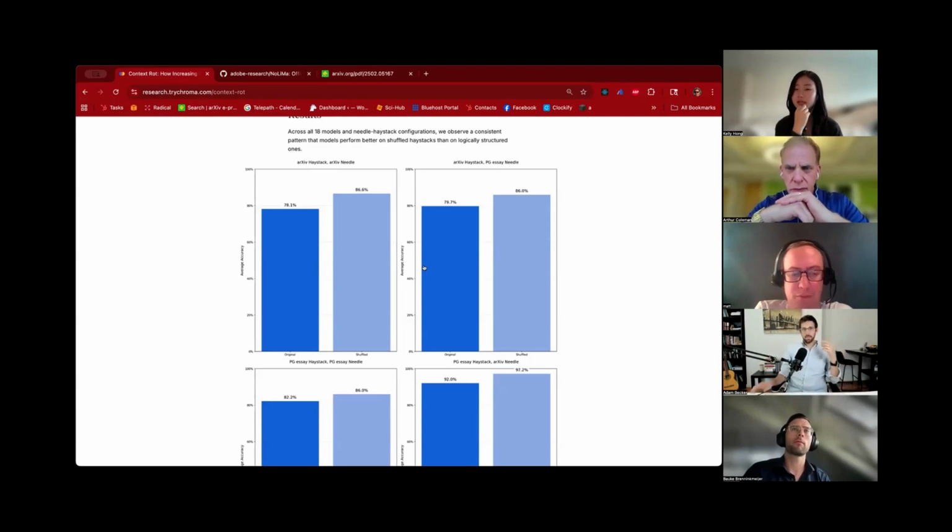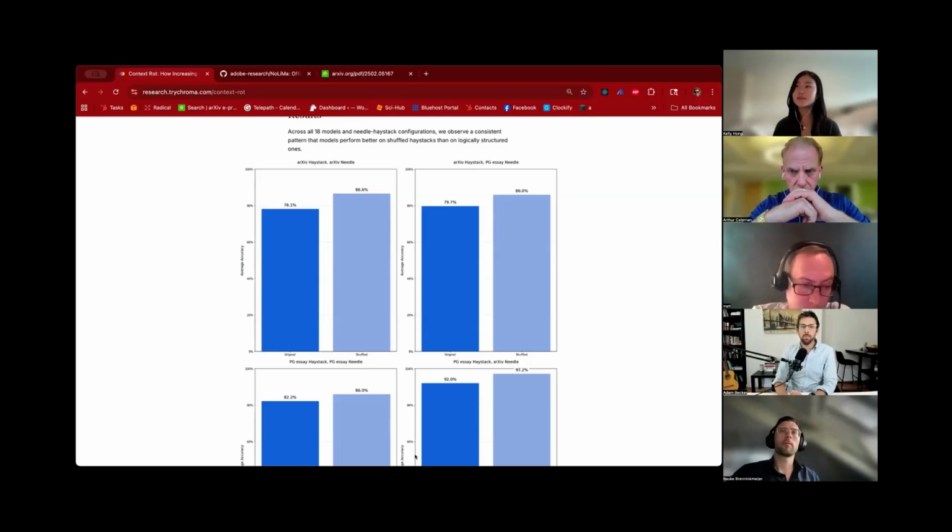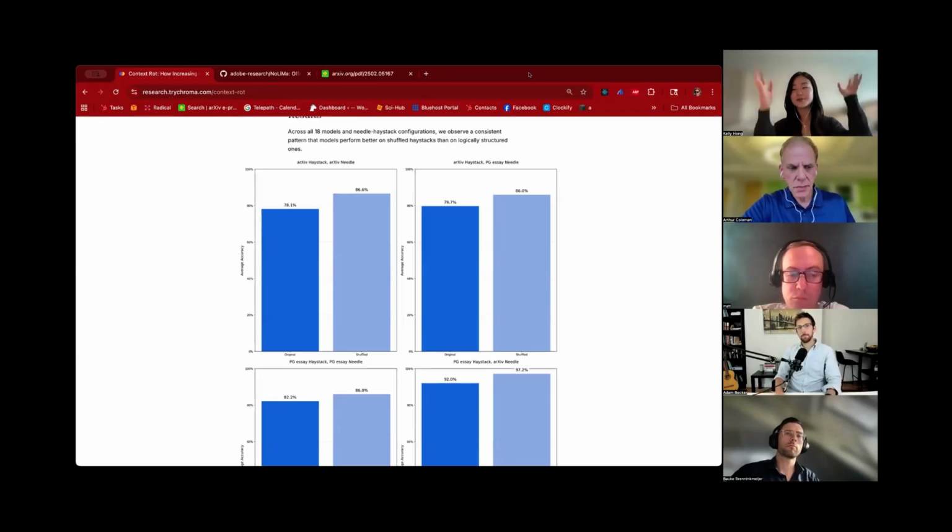Potentially, but this wasn't really on conversational data. I think the type of context could matter, whether you're working with conversational inputs or just arXiv and Paul Graham essays. So it might be different. But if you're working in a long-running conversation and you want your next query to attend to a specific part of the context, I'd rather do a re-ranking step, where you do another LLM pass asking what is the most relevant part of this context in relation to my question, and then do another LLM pass asking it the question. I would rather filter the context for relevant content than shuffle it. I think that would lead to much better performance.